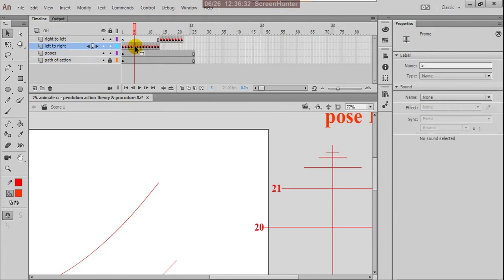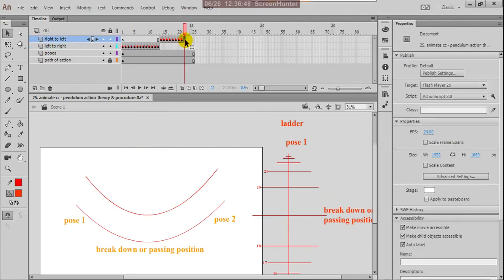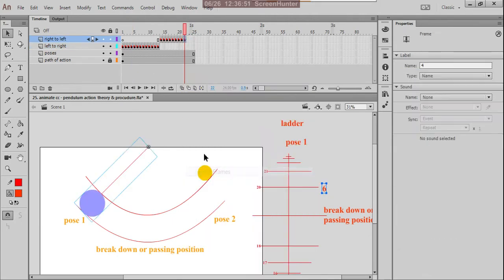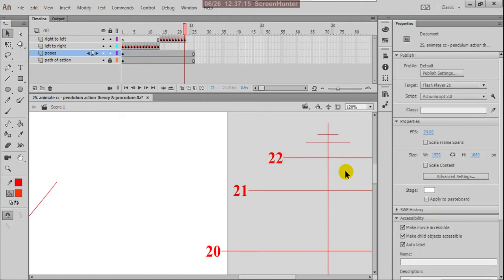Then again come to the fourth frame. Click on it, right click and copy, and at the 22nd paste frames and give the name 22.